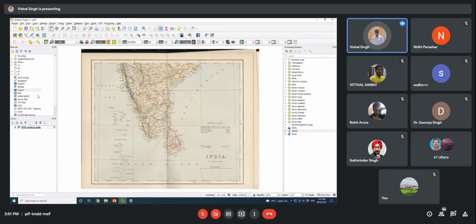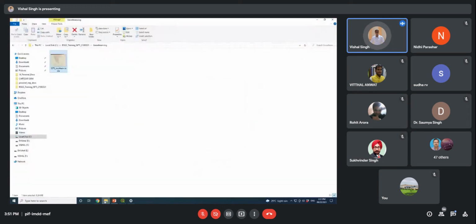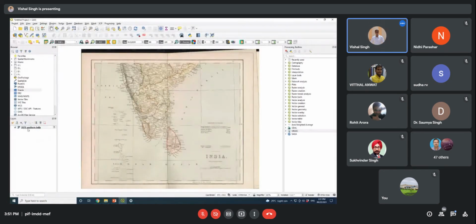So as I have said, when you add any kind of map or any kind of dataset here, the metadata information of this layer can be seen here. As you know, the name of this file is 1370 southern India, so you can see that here. The name of the file is coming here, and you can see a grid or cell-like structure or item here.